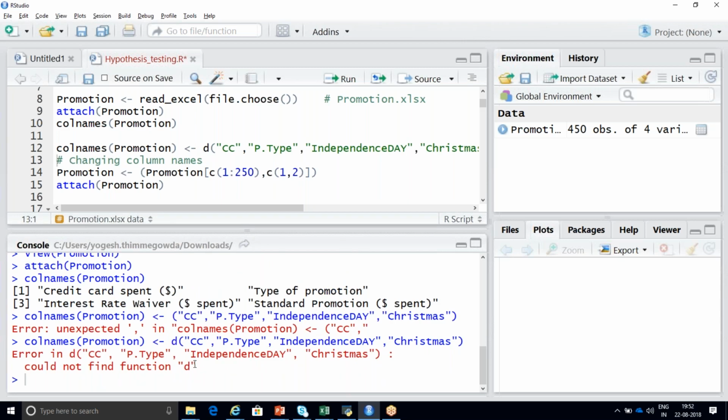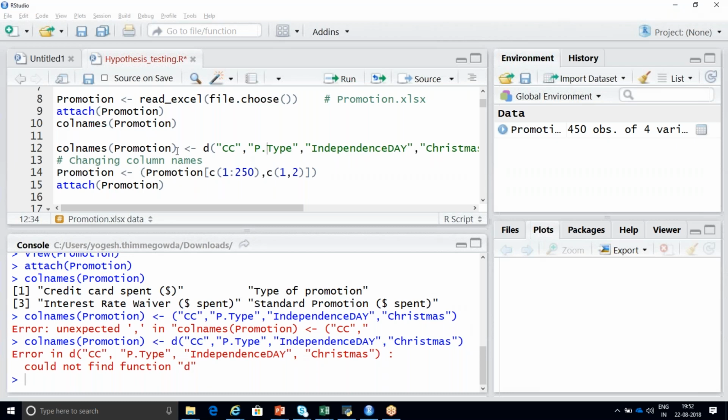Yes, you can change it. C is an inbuilt function, and these are the parameters it is expecting. These are the parameters and the variable names. And these are nothing but your new column names, the new column name parameters. Okay, got it. Now you can just rename this.